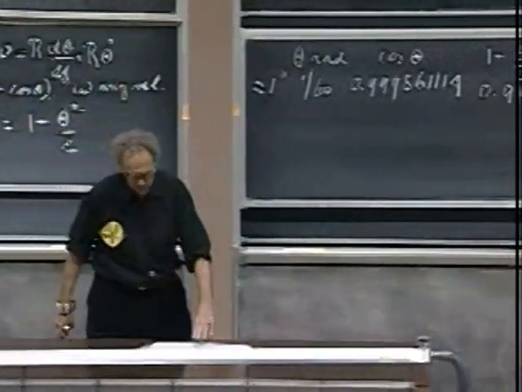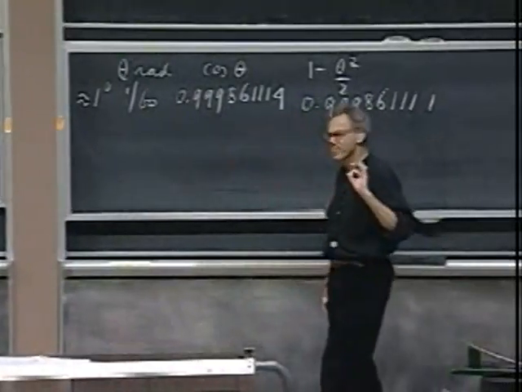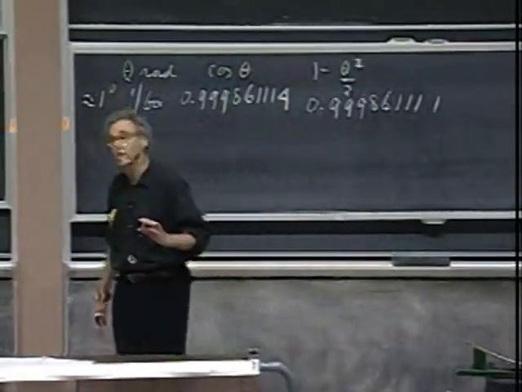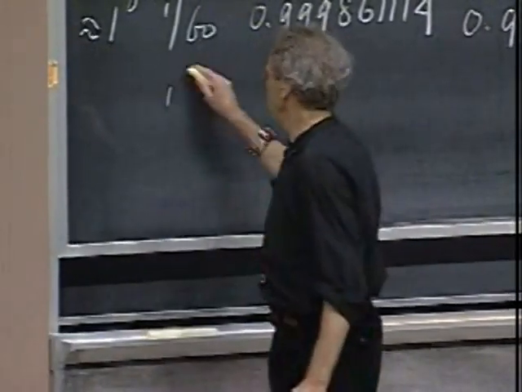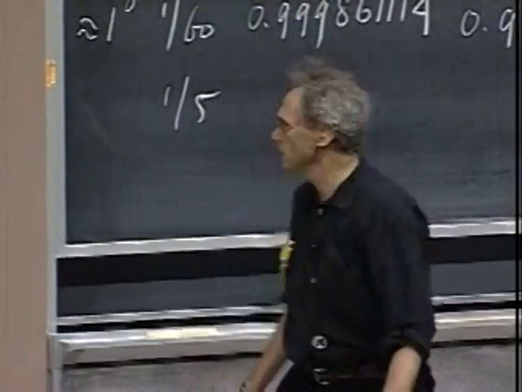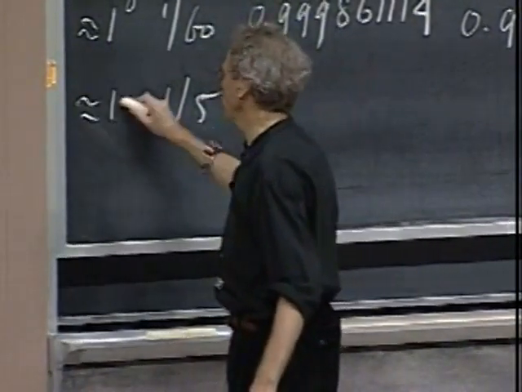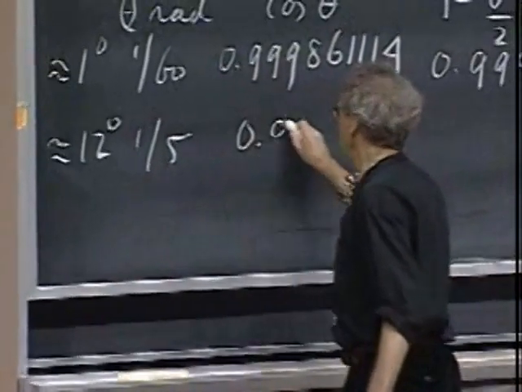That is very close. That means the difference between the two is only 1/3 of a millionth of a percent. Suppose now I go a little rougher, and I go to 1/5 of a radian, which is about 12 degrees. So this is very roughly 12 degrees. Then the cosine of theta equals